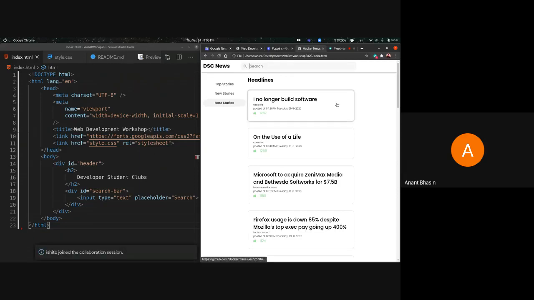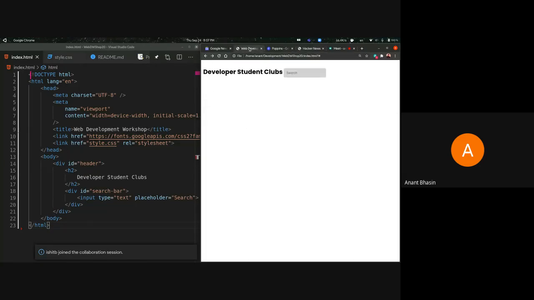Then we're going to look into JavaScript. For those who have not done a lot of coding before, we're going to go through the very basics of coding and what variables and functions are, and then we're going to do an intro to JavaScript particularly. We also have some additional pieces in our agenda. If you can get to those, that'd be amazing. Like creating this menu, just the UI for now, and then the news items. So let's get started.